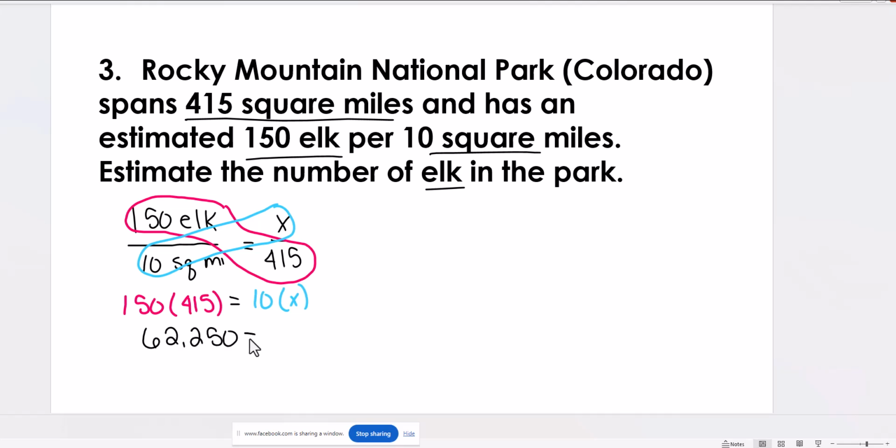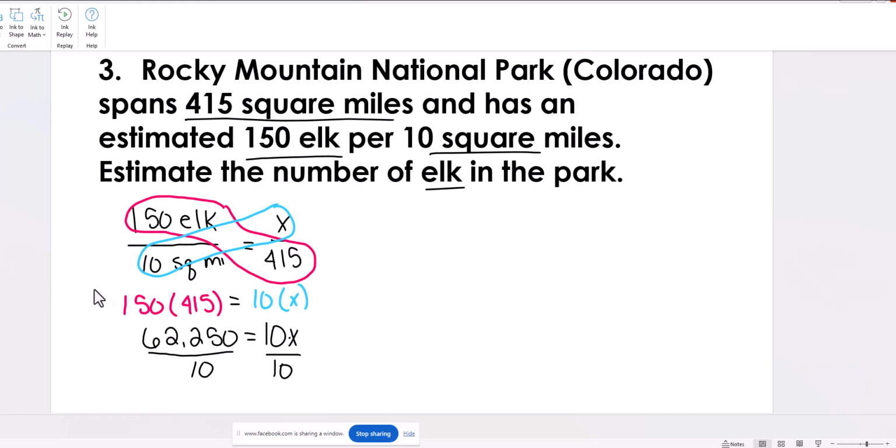62,250 equals 10 times x, which is 10x. Now, remember, whenever we have a number next to a letter, it means to multiply. The opposite of multiplying is dividing, and that means I'm going to divide by 10. Now, what's really cool about this one is that both of my numbers end in a 0. That means all I have to do is just cancel my zeros, and it turns out that we have